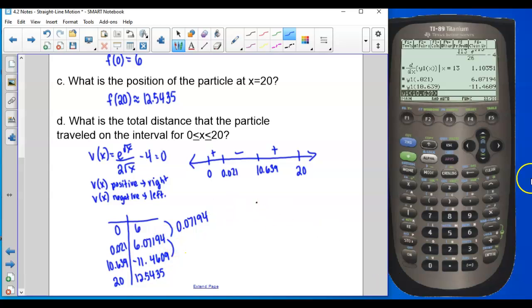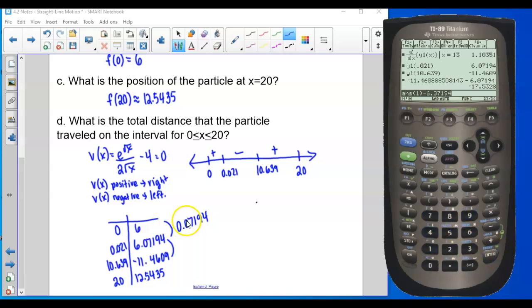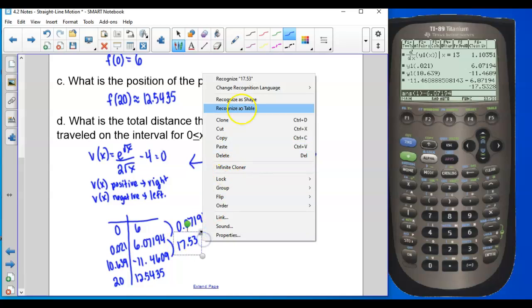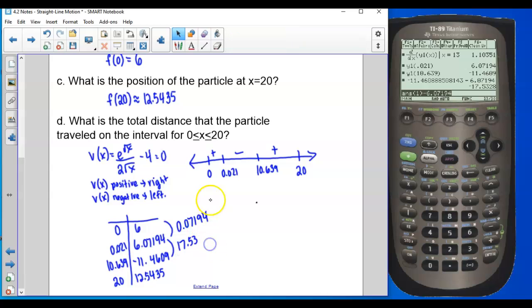And so the difference there, if we take that number and subtract the 6.07194, you went down 17.5328. Don't use the negative there, because distance doesn't need to have a correction. And then here, to go from negative 11.4609 to 12.56, we would have